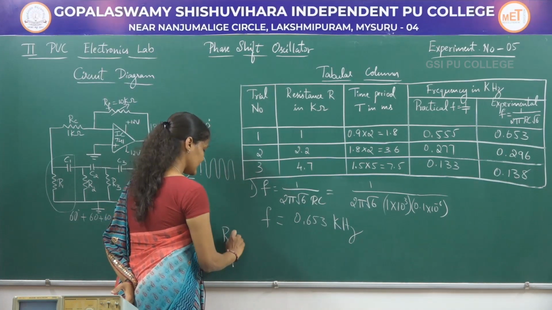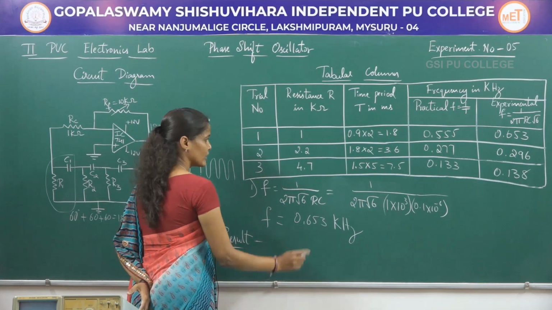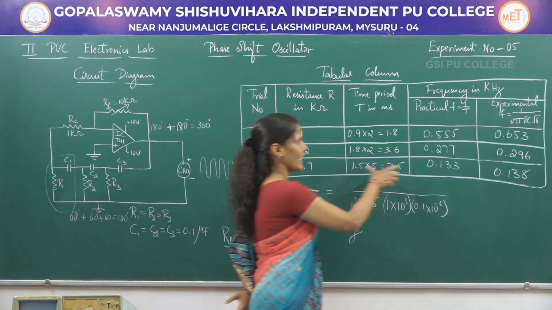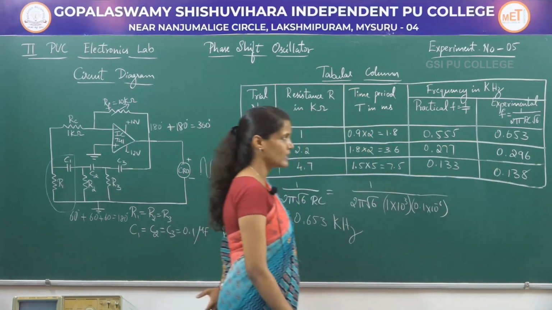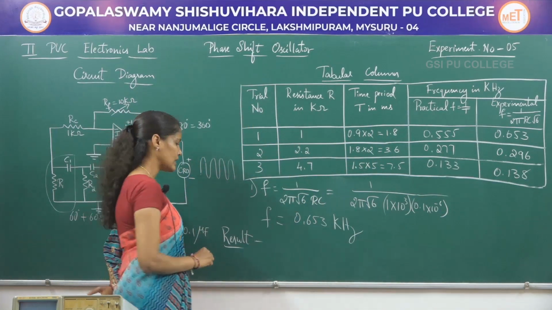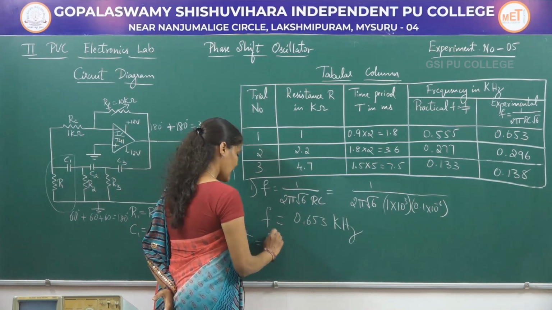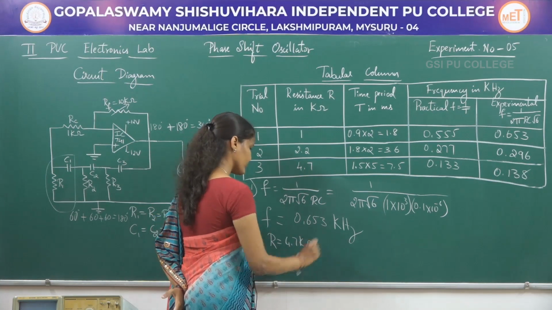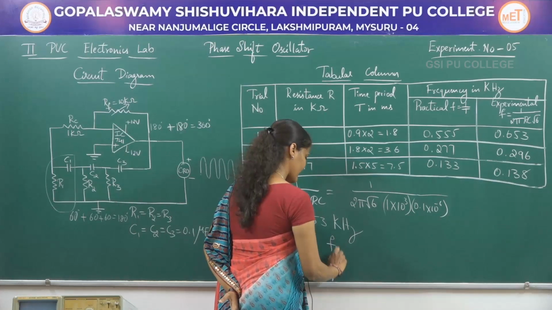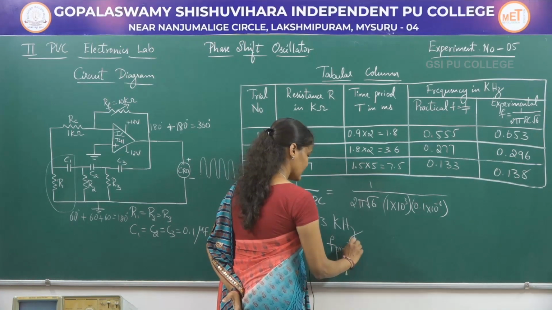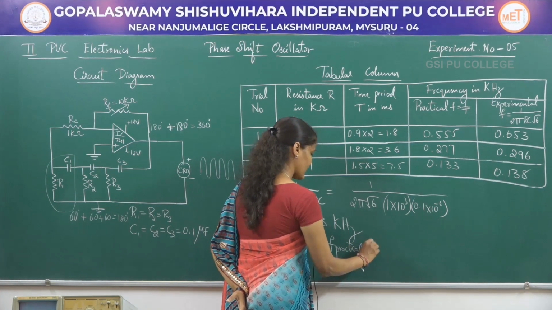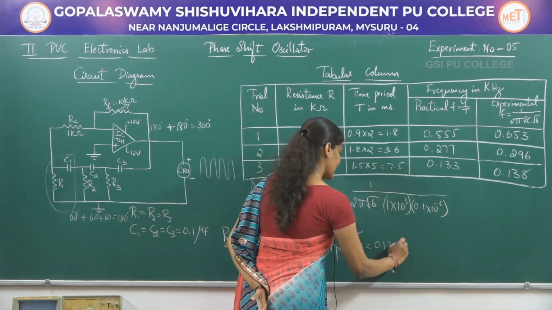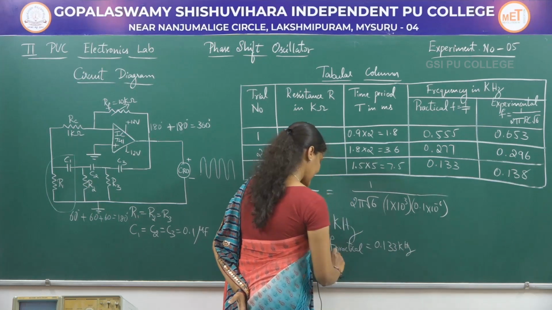So the result is, if you look into the tabular column, for the third trial, theoretical frequency and practical frequency are almost matching. So for R is equal to 4.7 kilo ohm, F practical, that is the frequency calculated practically, is equal to 0.133 kilohertz,